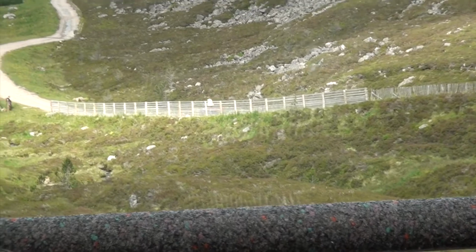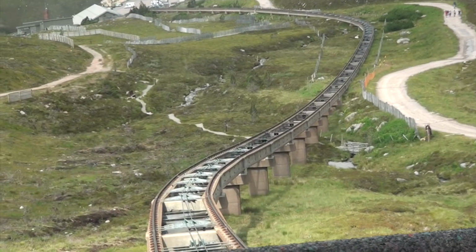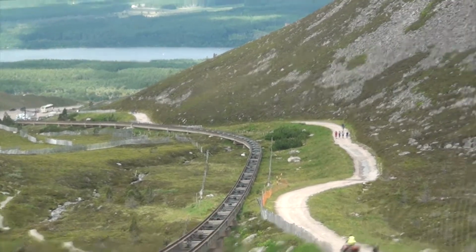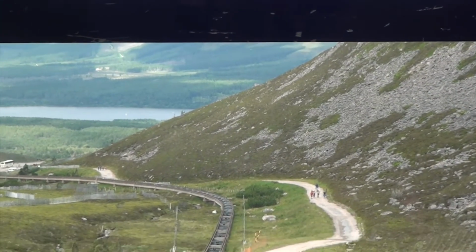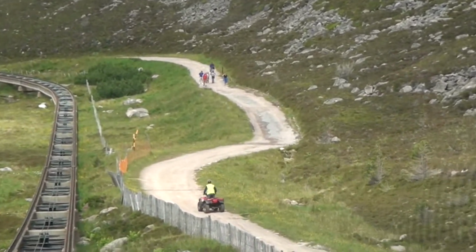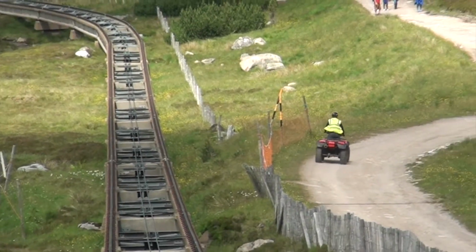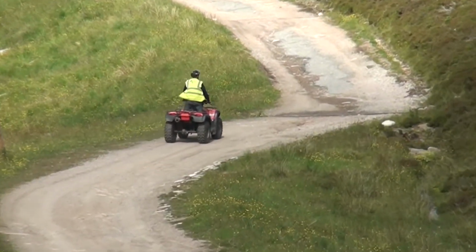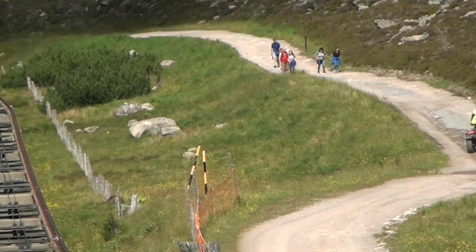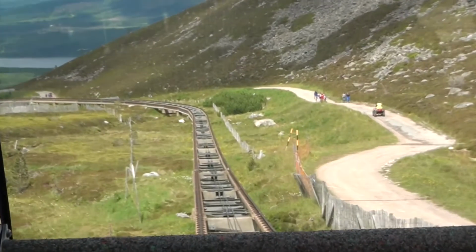Each carriage weighs a total of 15 tons. That's the equivalent of about 12 family cars, and can carry a maximum of 120 passengers standing. This is a bit of a squeeze during the busy days in winter, and we've reduced this capacity for a more comfortable summer journey. The transport system is powered by 2 500 kilowatt motors, which are located at the top station. Each carriage is attached to a haul rope, while a lighter counter rope is also attached to the carriages to form a complete loop. The counter rope maintains the tension in the pulling system. As the carriage at the bottom is hauled